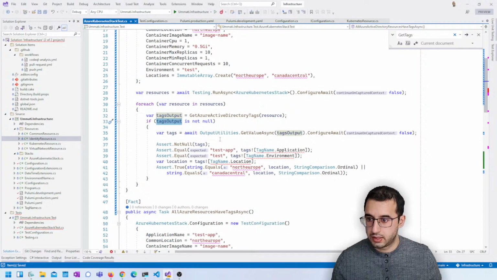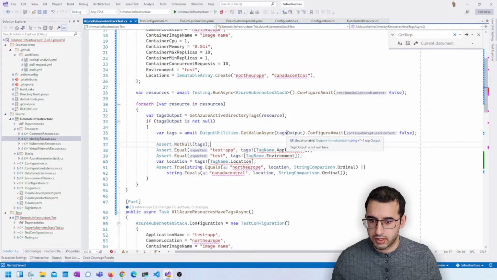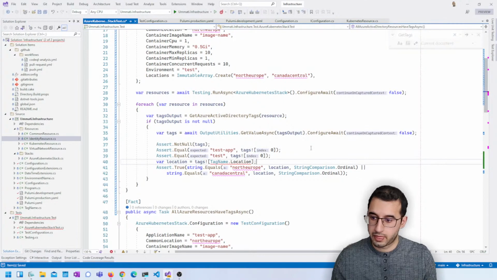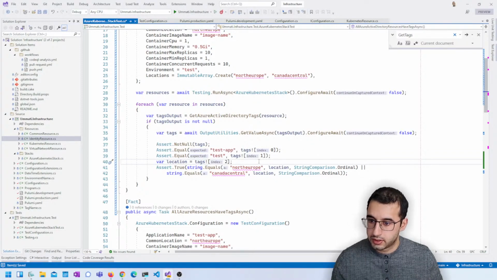We'll try to use output utilities, get value. If the tags are not null, the first tag is the application, the environment, and the location. Whoops, that should be 0, 1, and 2. And